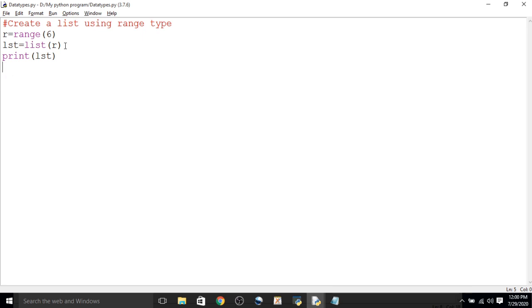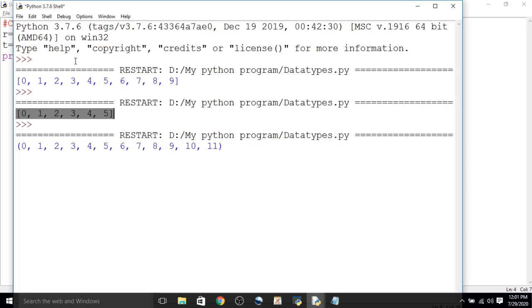Similarly, if you want to create a tuple, see here, create a tuple using a range type. Suppose we have taken a range of 0 to 11. Then convert that into a tuple, t equal to tuple of r, and the variable t will be displayed.